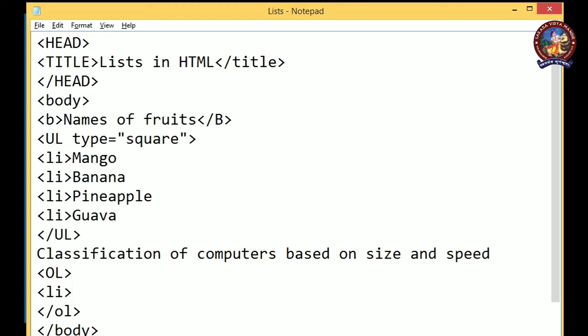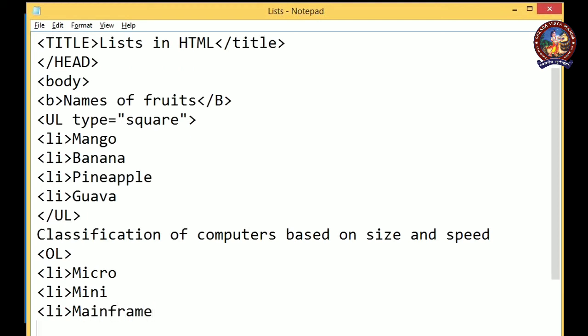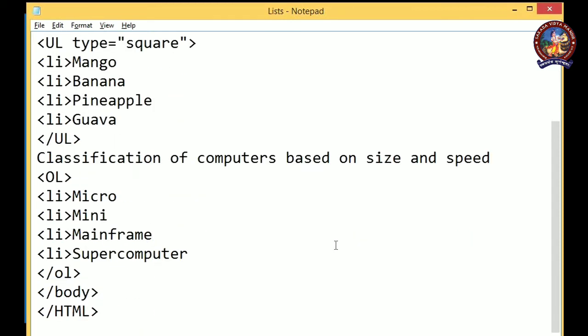So li tag, first the computer is microcomputer, then it is mini, then it is mainframe, and lastly it is supercomputer. So our list we have created.